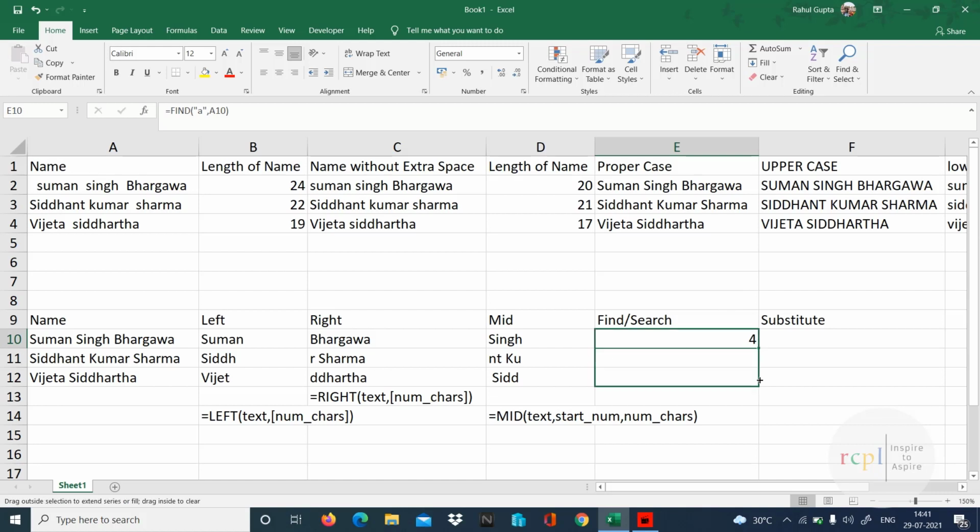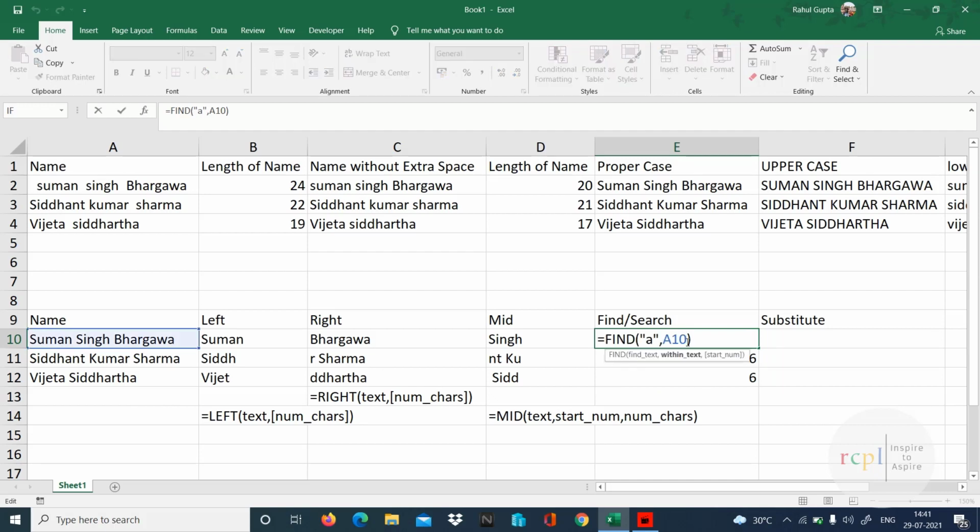Now I'm wondering, if I need to get the position of the second A, how do I get it? You can see in the name Suman, it's the fourth place where A is. In Siddhant, it's the sixth place. In Vijeta, it's the sixth place. But I need to know the second one now. Then how do I do it? There is a start number. If I put 2 over here, it doesn't change anything, it's only 4.